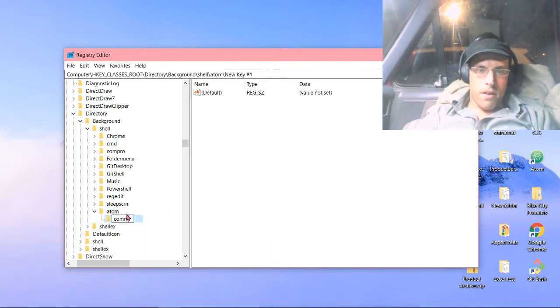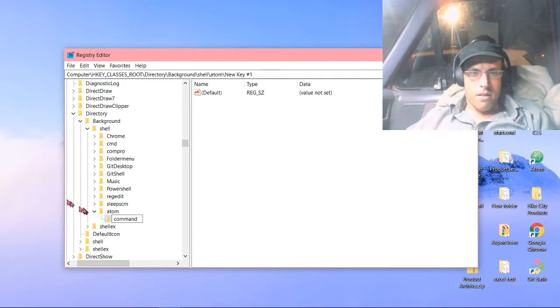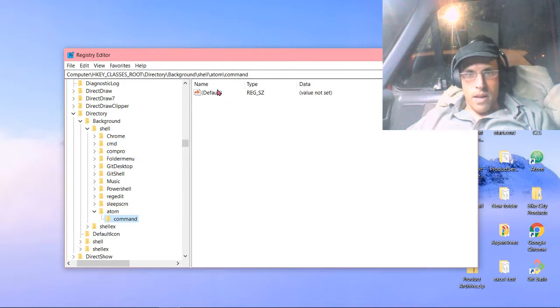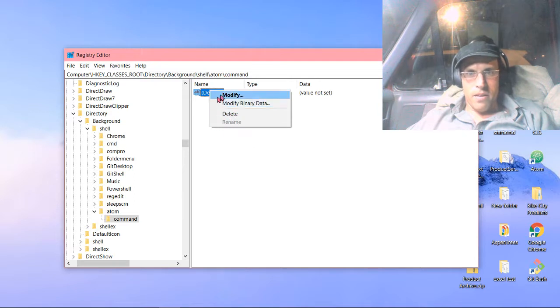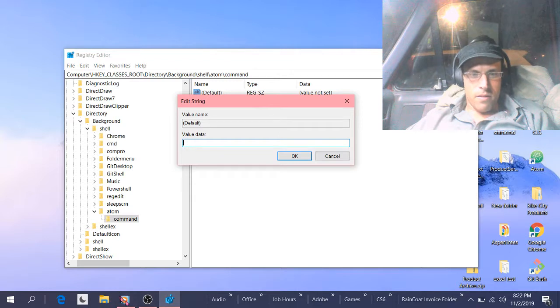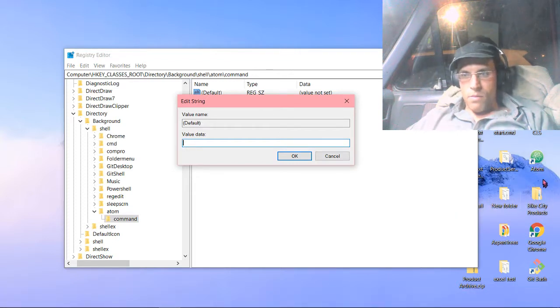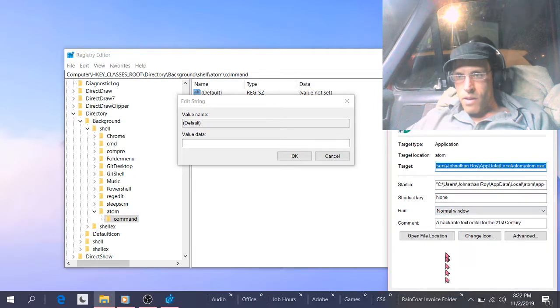It's going to be a command file. And it has to be a command file because it has to process a command if you want to open up an app. Okay, in command, I'm going to need to modify this, or I can add a new key, whichever one I want. But I'll modify the default. I need to put a value in there. So we're going to right click properties, Adam, to find where it's located,